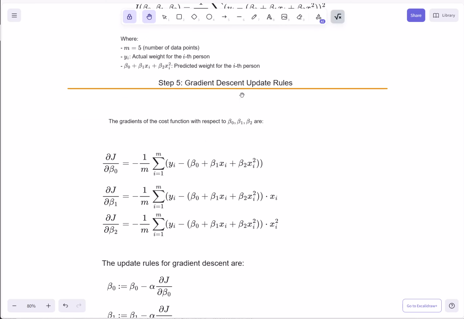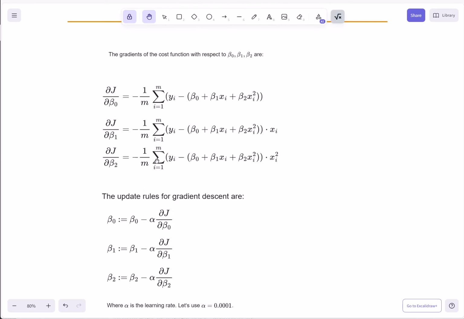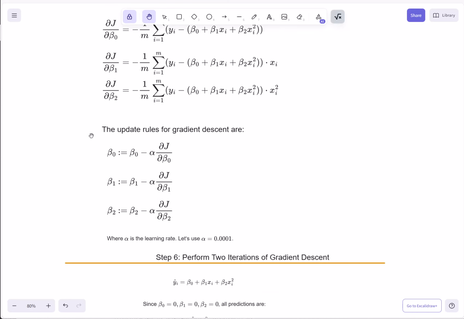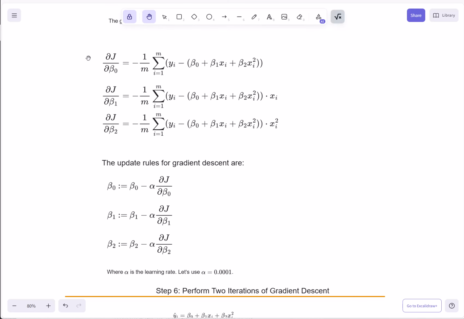And this is the gradient descent update. So this is beta 1, this is beta 0, beta 2. And this is only to calculate the gradient. And to update the weights, we use these equations here. As I said in the beginning, if you need to be familiar with this stuff, please go to the previous